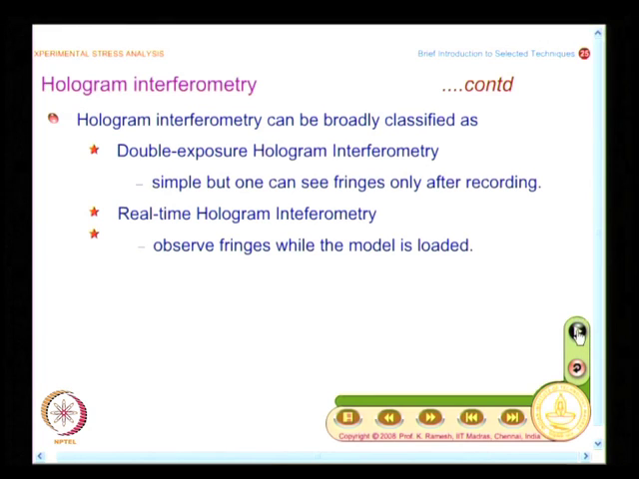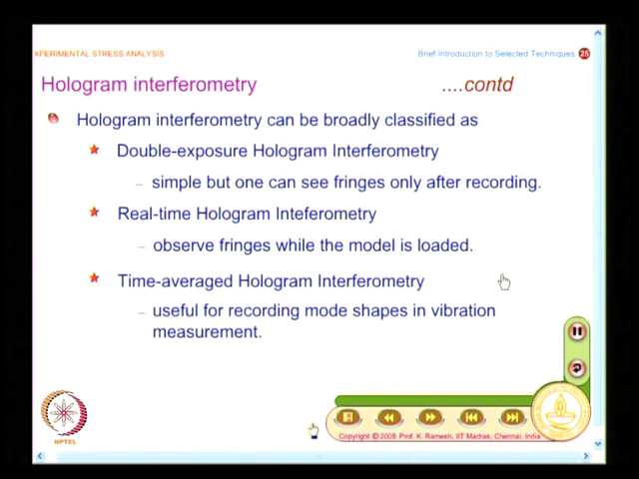So, whenever you find a restriction, researchers and scientists work and circumvent this. So, if you have a problem, do not get worried, you have a scope for research. That is how research problems are coined. Okay. And another form of holography is time averaged hologram interferometry,